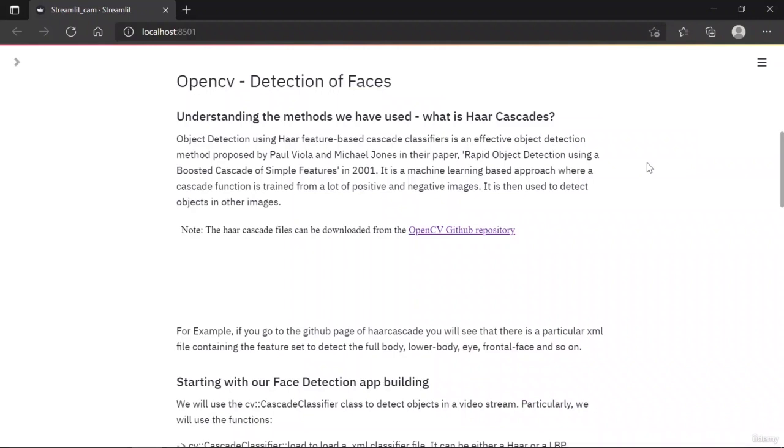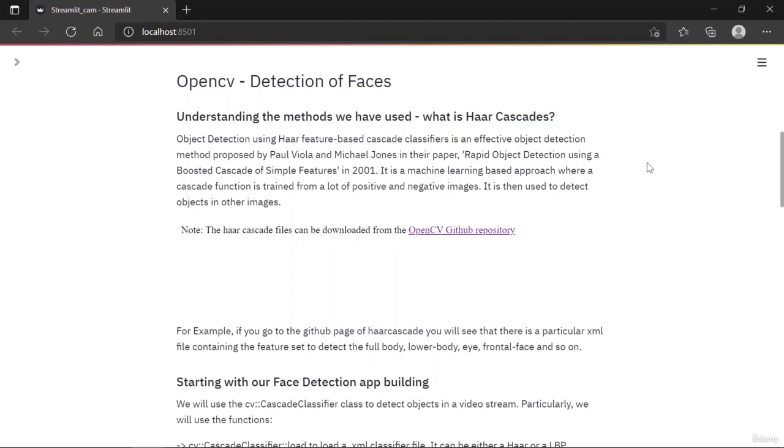Now, this is the second part where we will actually understand how we built our face detection app, and what all we used to build that. In the intro, I told you there may be a model that we build and train, and there might be a model that is already pre-trained and we use that. So we will be going with the latter part, and that is where Haar cascade comes in.